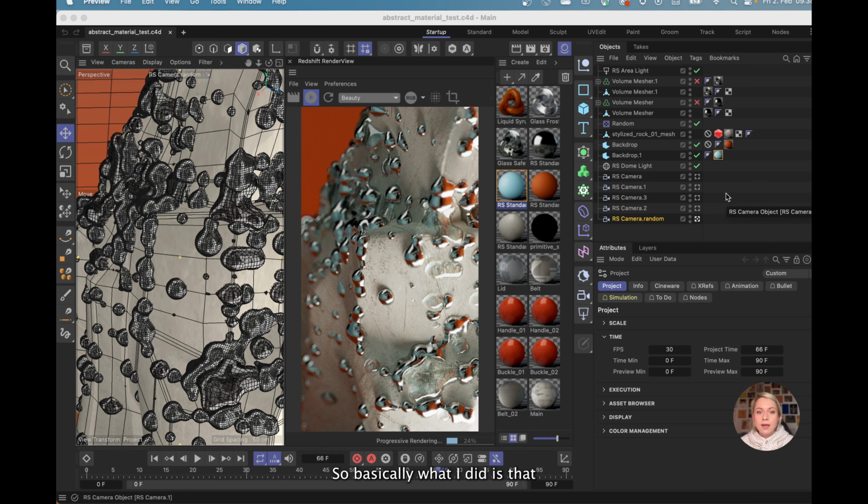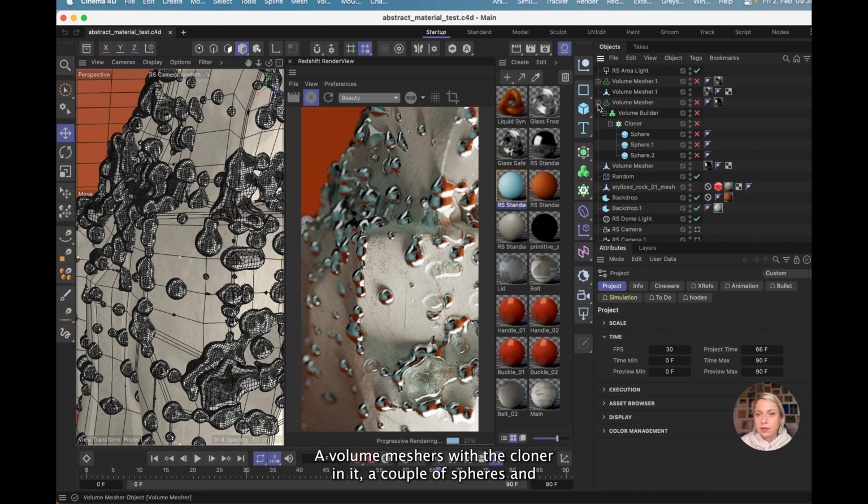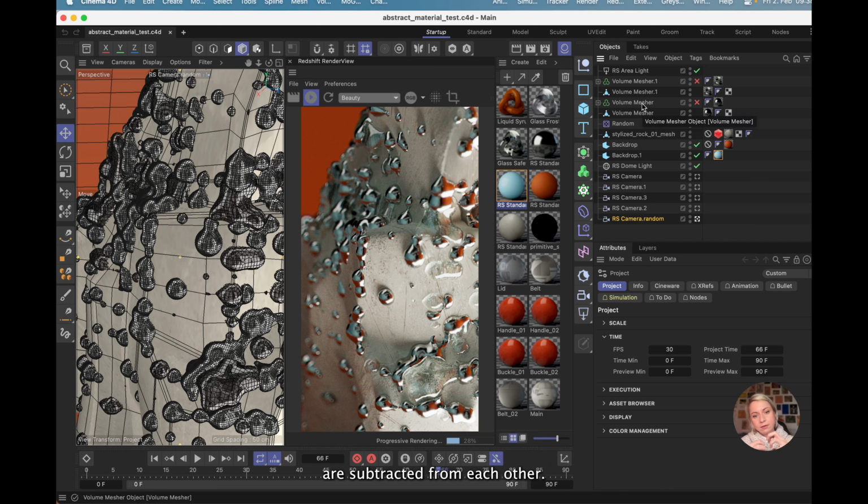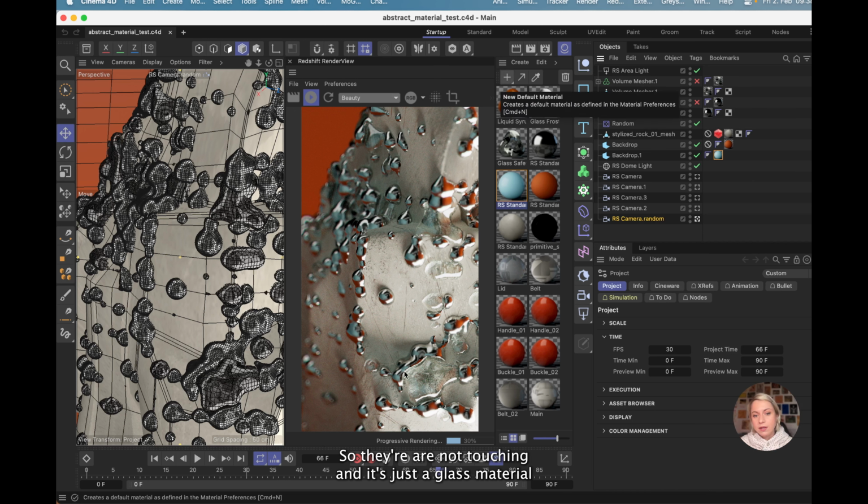So basically what I did is that I just used this rock model from Substance 3D Assets, and I just dropped it into Cinema 4D. I just added a couple of these volume meshes with the cloner in it, and a couple of spheres, and so now they are subtracted from each other, so they are not touching, and it's just a glass material and a completely basic metal material. But this is not what is interesting about this project, but this little surface that